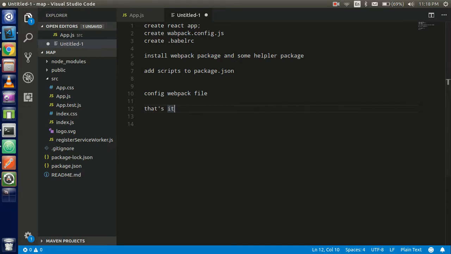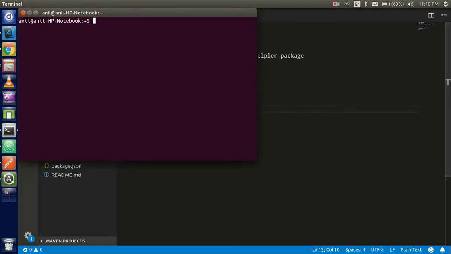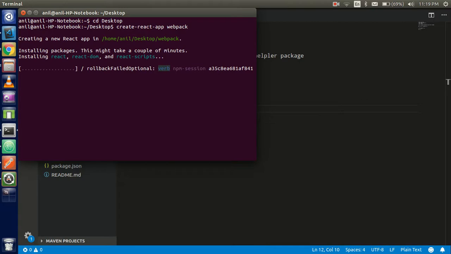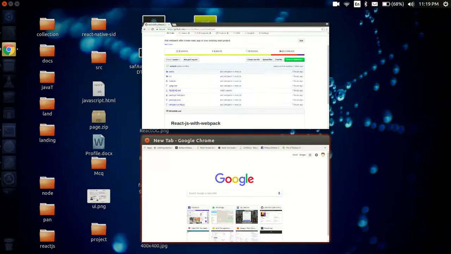First of all, I'm going to create a new project. Just start with cd desktop. I want to create a React app, and we can put the name of the project as webpack. All right, hit enter, and it will take just some moments, and in this time we can go through